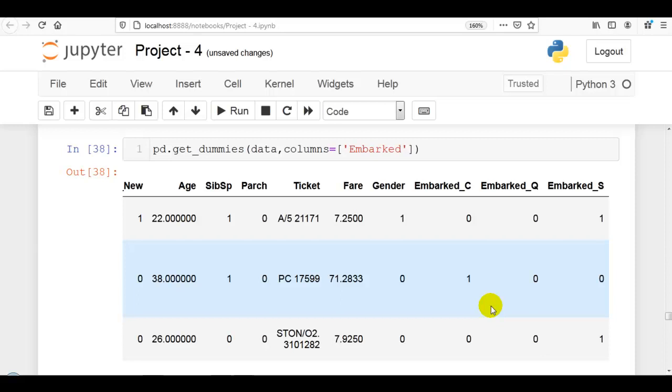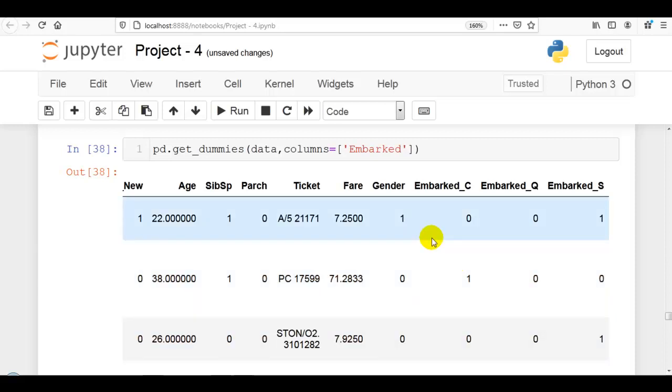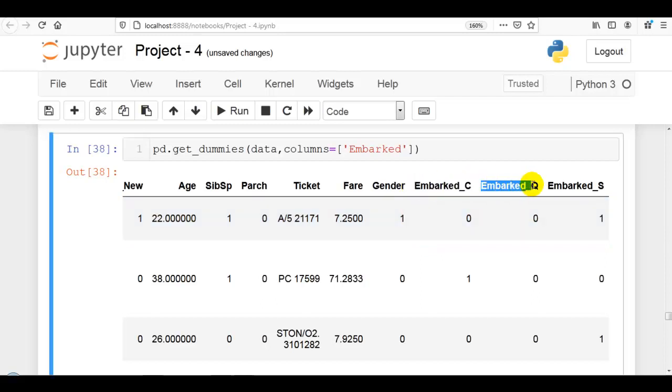As you can see, the original embark column has been deleted and three new columns are created: embark_C, embark_Q and embark_S. Why were three columns created? Because the embark column has three categories. If we apply get_dummies on the sex column, it will create two columns because sex has two categories. From these three columns we can know where the person's journey started.